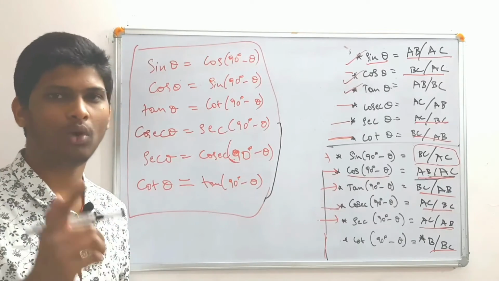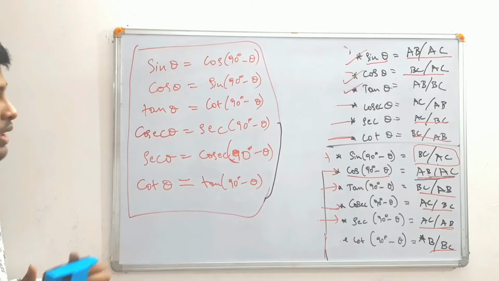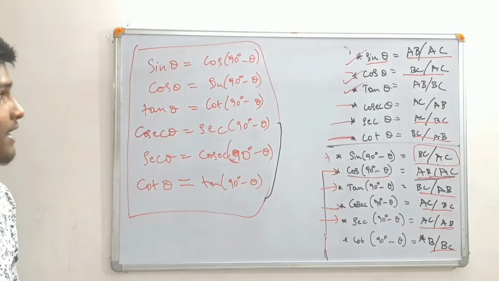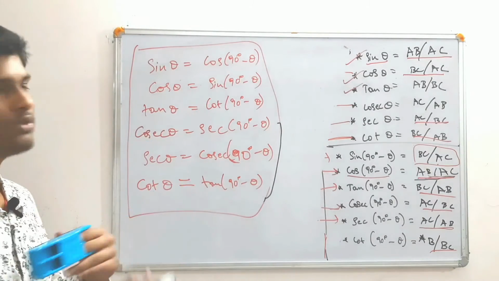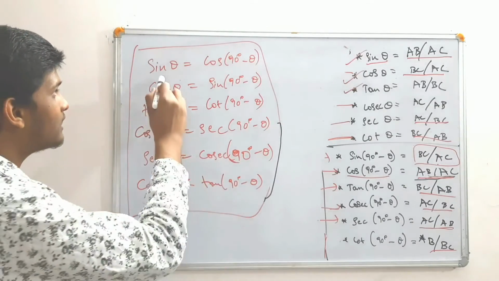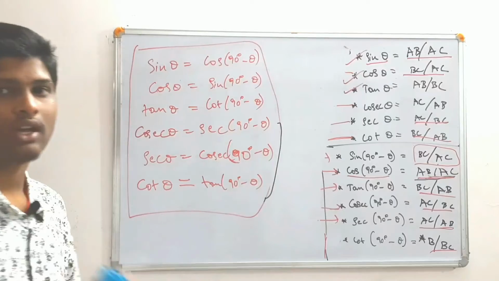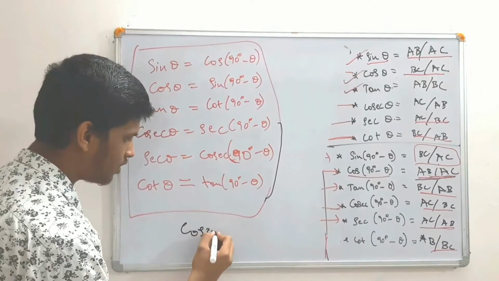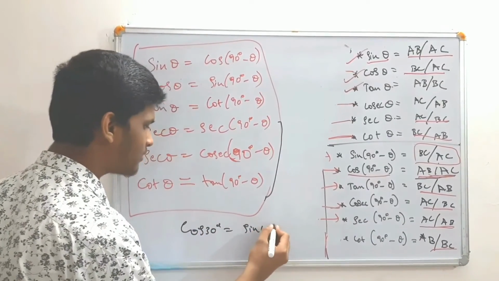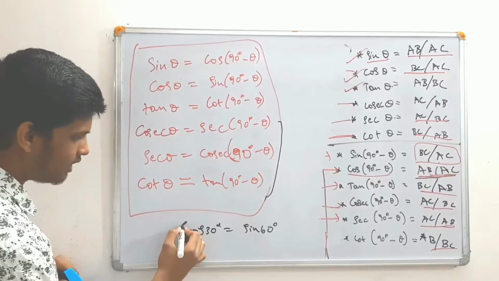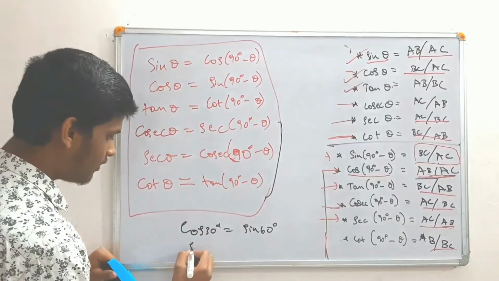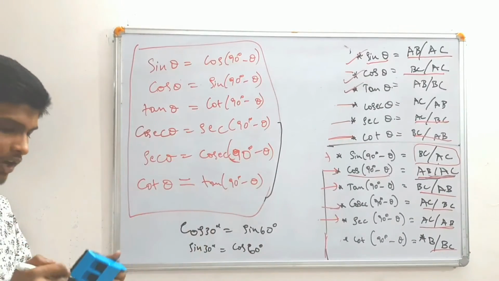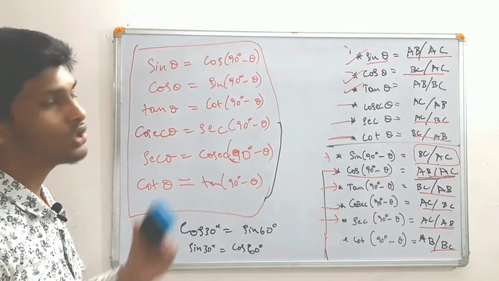I think if you watch my trigonometry trick to remember the whole table with one line, I said that with sine values only you can remember the whole table. So if you watch that, you can clearly observe that we just reverse the values, because this sine and this cos will be equal, because sin 30 is equal to cos 60. That is, cos 30 is equal to sin 60. Observe in the table. If you take sin 30, that will be equal to cos 60, and this is why we reverse the order of trigonometric ratios in the trick.